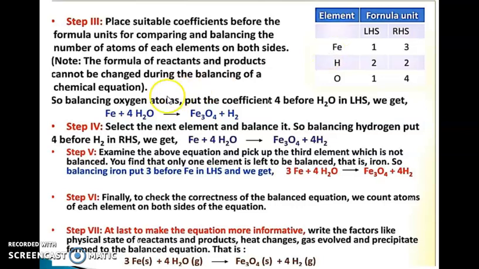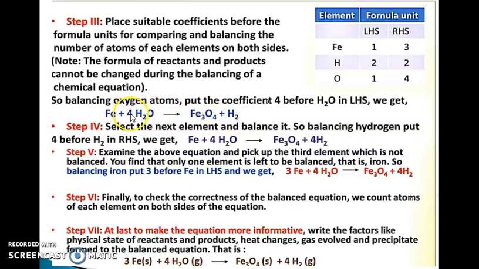Look at here. On the reactant side, the total number of Fe is 1. The total number of Fe on the product side is 3. Similarly, hydrogen on the reactant side is 2. Don't look at that 4, it is after the balancing. Just look at here. Here the subscripted 2 represents the atoms of hydrogen. So on the LHS, the total number of hydrogen is 2, and on the RHS also the total number of hydrogen is 2. Okay. Now look at the oxygen atom.